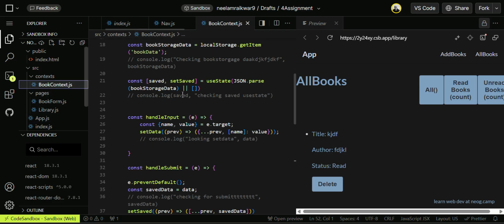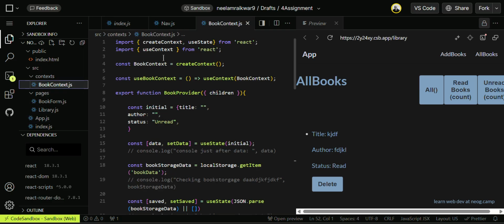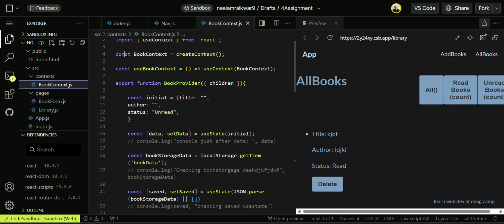So in the book context.js, in this context I have imported createContext, useContext, and useState from React. Then I have created the book context here.